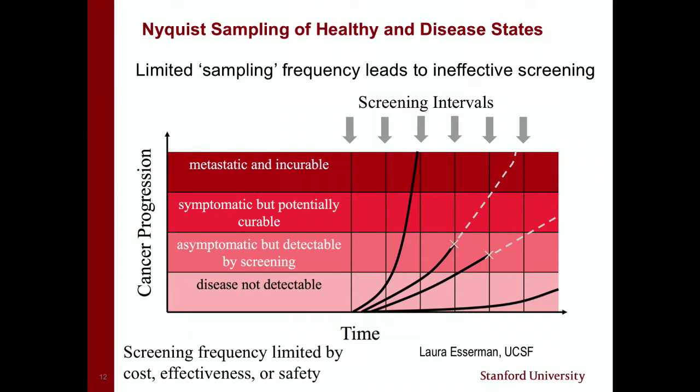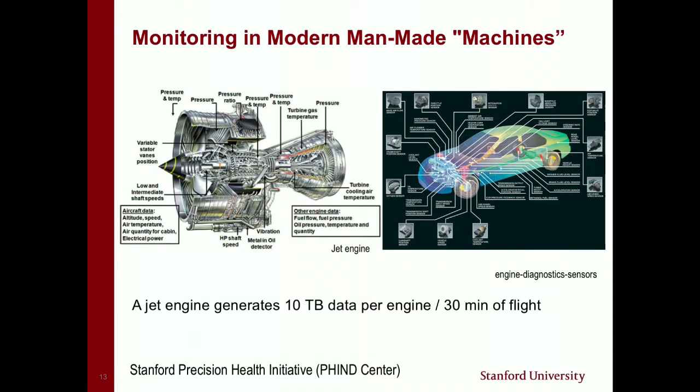So this is essentially a sampling problem. And the question is, how do you close that gap in sampling? But what about the systems we design? If you look